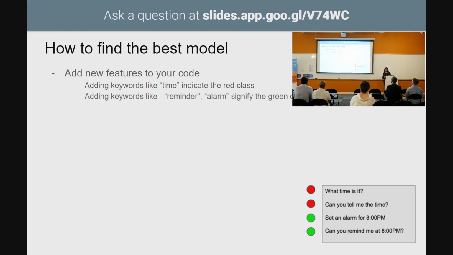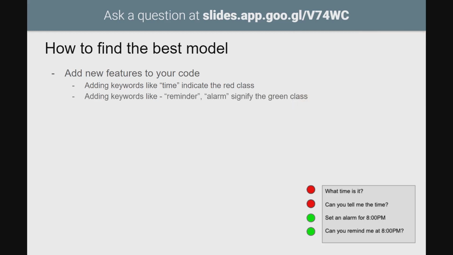You could say words like reminder and alarm are for the green class, right? It's a very simple classifier where we have a vector of size 3, where the first is time, the second is reminder, and the third is alarm. That's super simple. What if you had different variations of the word time, right? What would you do then? Well, there's this cool thing called word2vec, where